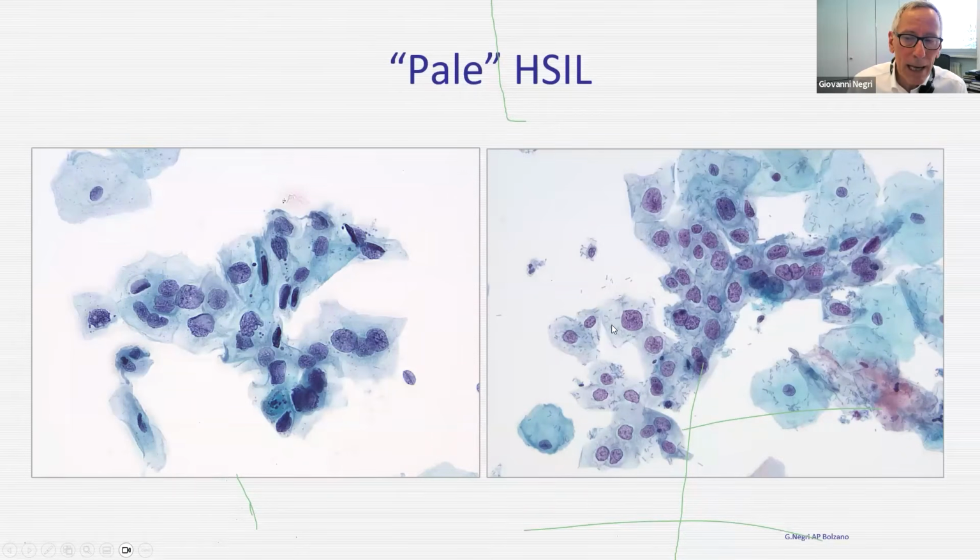And it depends, of course, on the stain that you use in your lab. If you have a relatively light stain, probably you are going to see these cases more often. If you have a darker stain, for example, if you're using an artificial intelligence supported system, they often rely on relatively dark stains, then you're going to see these changes, this pale HSIL cell, less often, but you're still going to